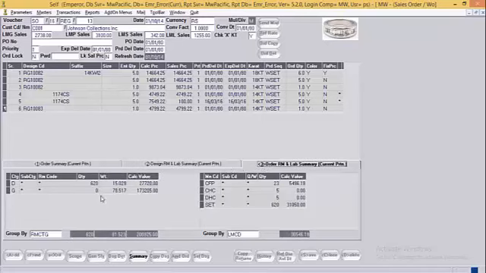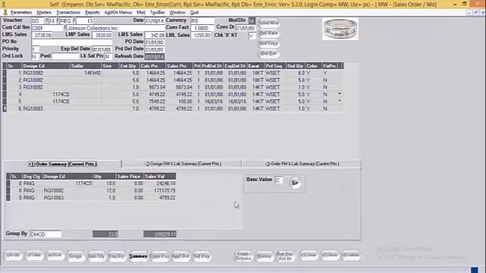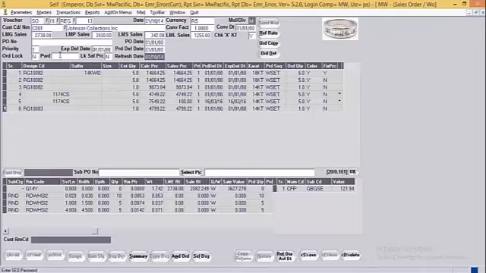In the next tab, we are getting the details of order for the RMs. Here, user can see the RM details for the whole order. Same way, he can see the labor details for the whole order. In the summary, user also has the option to see the profit margin, but to see the profit margin, he needs to specify the password.